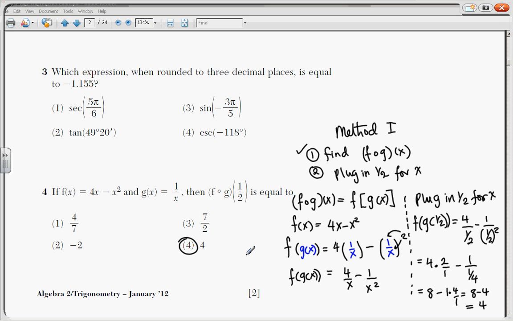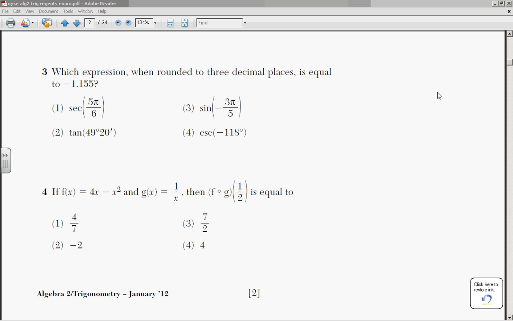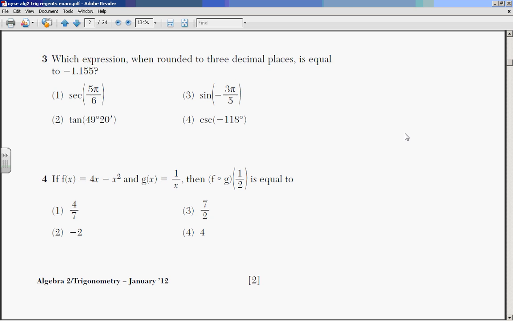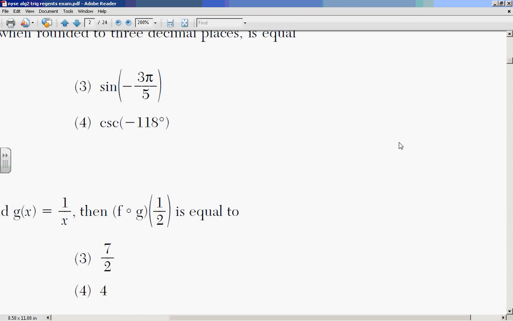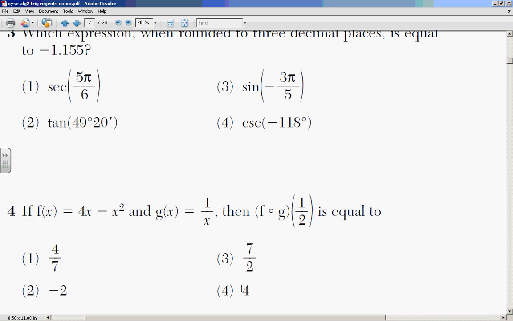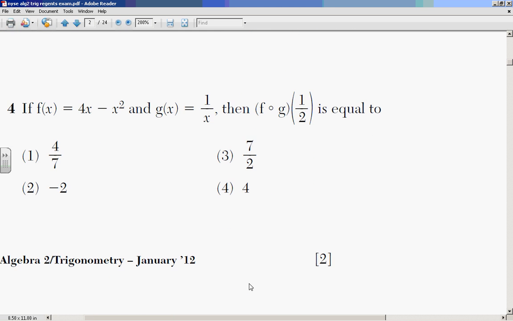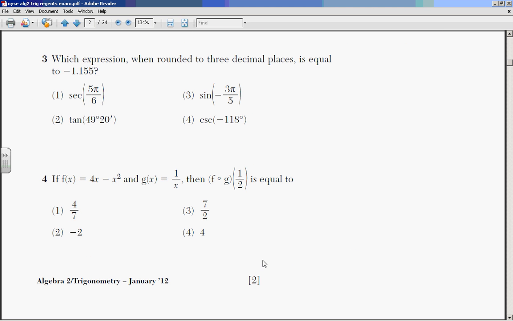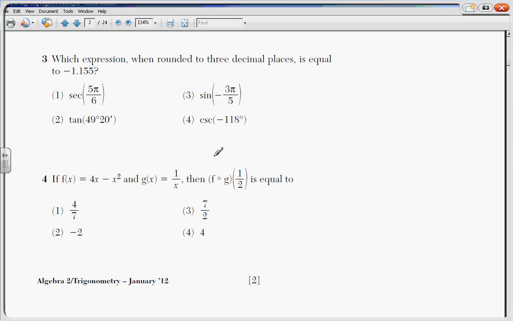Alright, now let's do the same problem using another method, method 2, and then you can pick whichever one you like to do when you come across questions involving composition like this. So for method 2, this is the procedure I'm going to use. First of all, I'm going to plug in